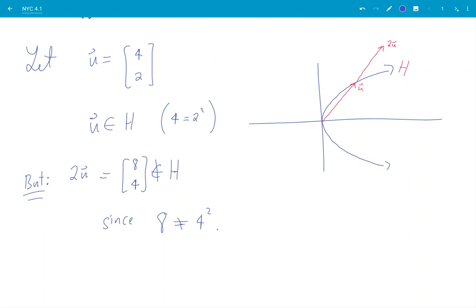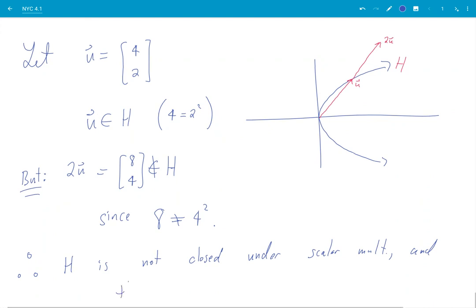So to say it in long form, therefore H is not closed under scalar multiplication, and thus is not a subspace